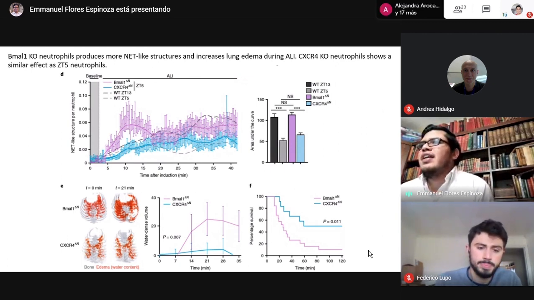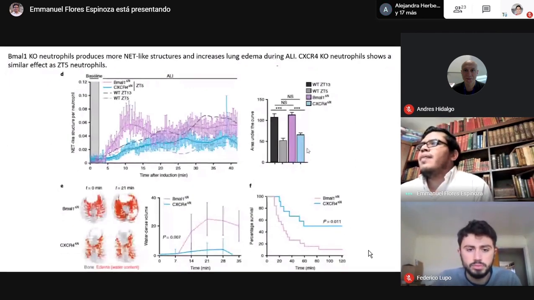We can compare that with the wild type conditions at the different times of day, and also they evaluated